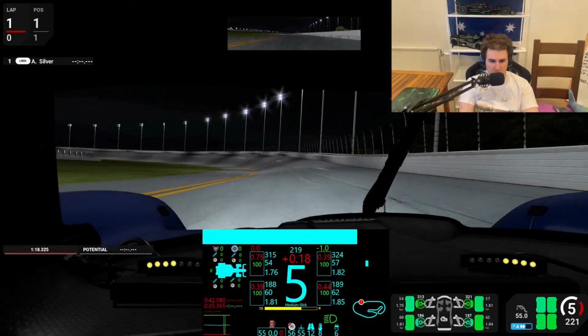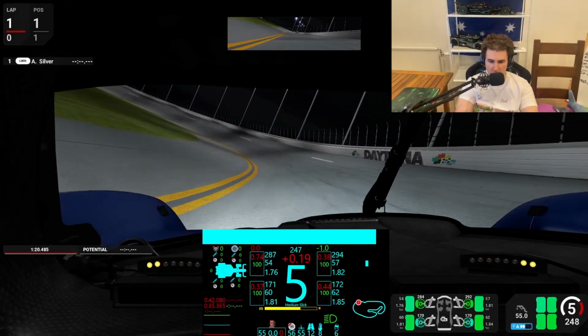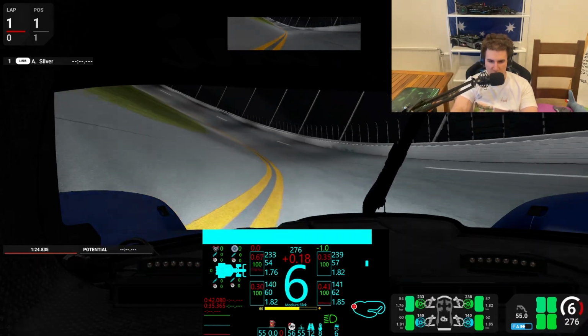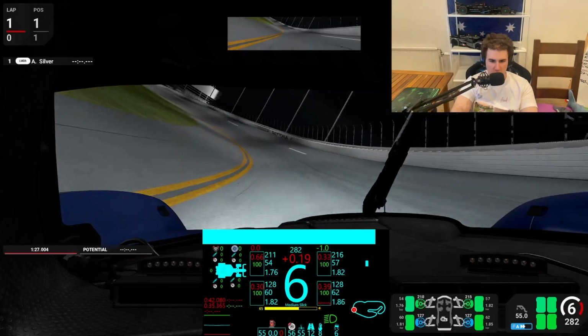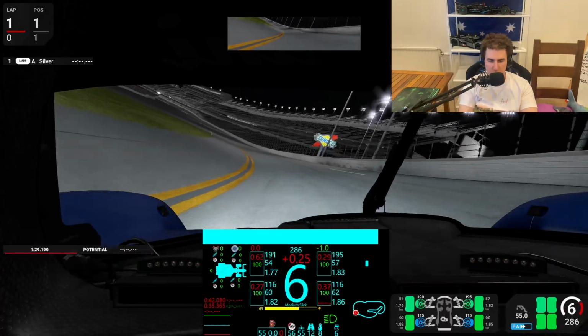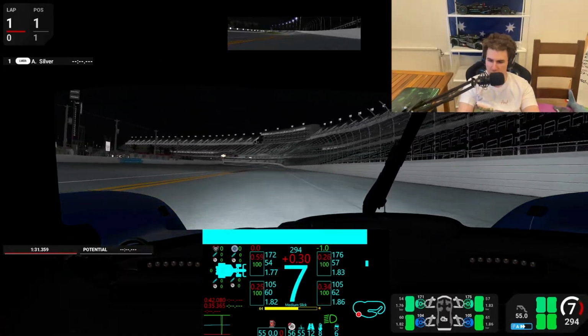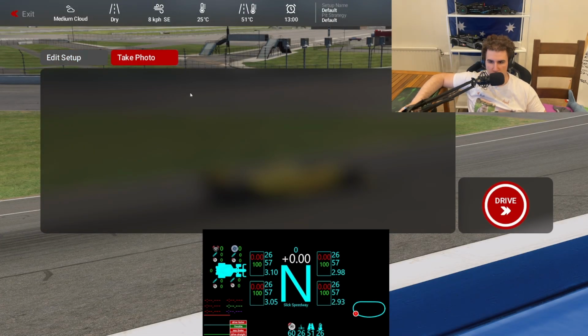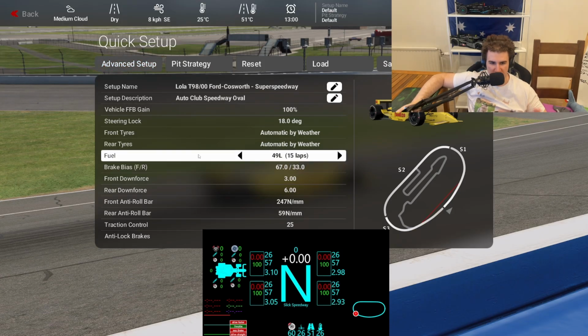And then yeah, I believe I've talked enough about this car, but then let me just take you to Fontana and let me show you how the Formula USA Gen 2 handle now on ovals. So this car will be driving the Lola. It has a few issues currently. They will be fixed probably,